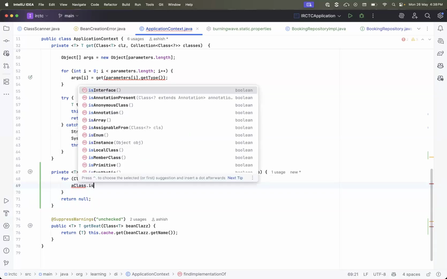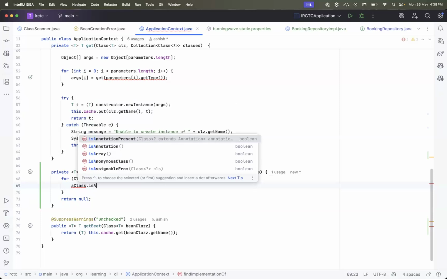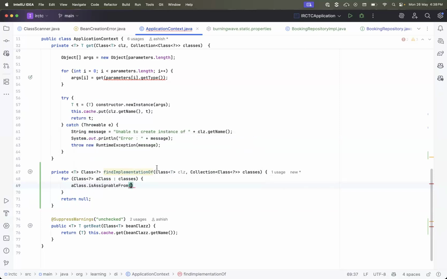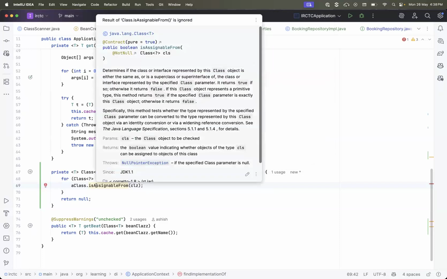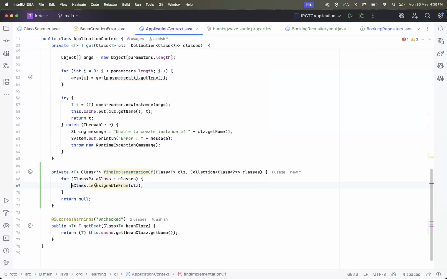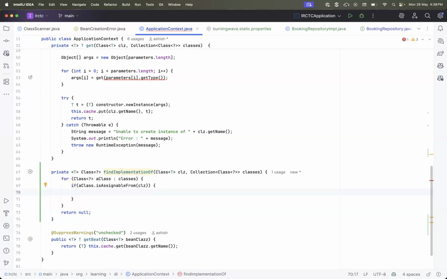There's something called isAssignableFrom. If this class is assignable from this, which means this class implementing this particular thing, or maybe extending some other class or implementing some interface. So if that is the case, then that means